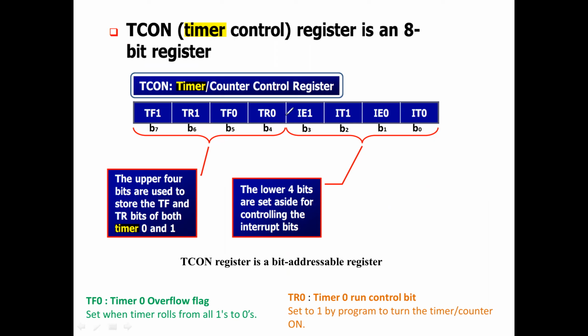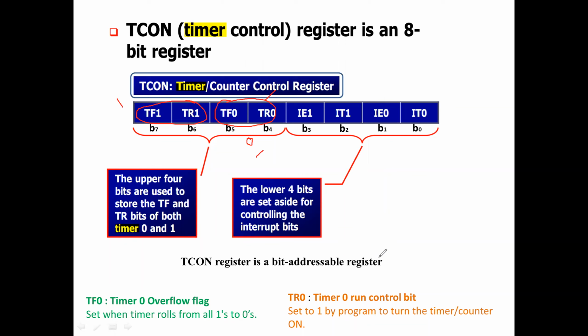See here, we have these 4 bits for interrupt. We are not going to discuss those now. We are going to discuss the timer. These 4 bits are very important. These 2 bits are specific to timer 0, and these bits are specific to timer 1. For obtaining a delay, you can use either timer 1 or timer 0, any one. If you use timer 0, approximately these bits you should use. Now I'll tell you what these 2 bits are.